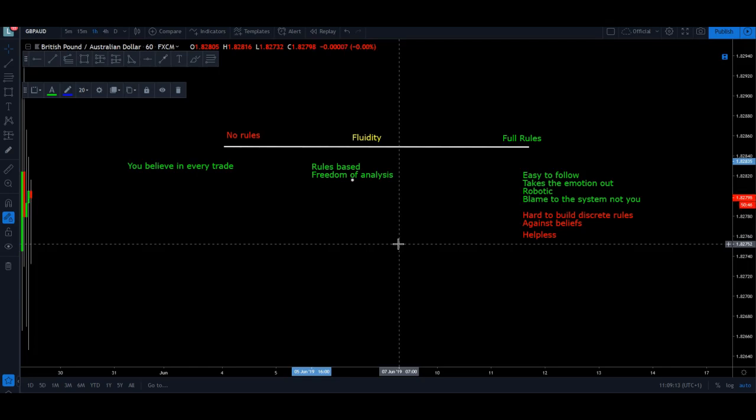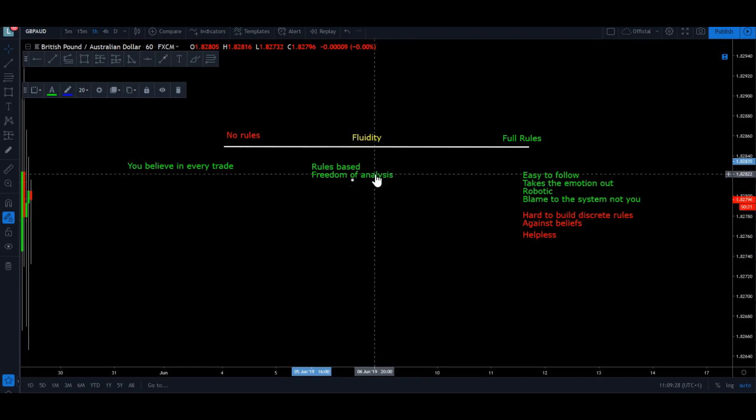You know, you might say, right, this opportunity I don't want to take because of this reason. You know, my bullish bias is because of this. I only want to buy. I don't want to be selling, even though the system is saying sell. You know, I can't avoid this because you've got that discretion, you've developed it, and you're using your analysis. And